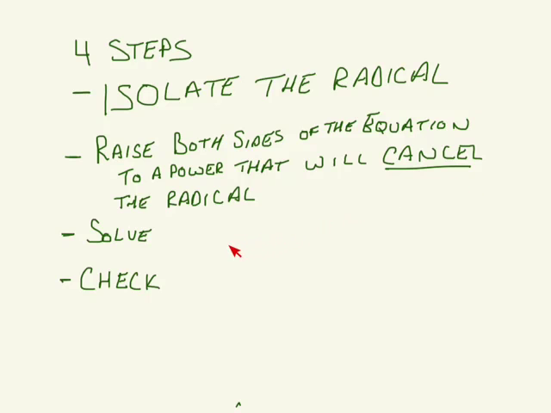After that, we should be left without a radical at all, a square root, a cube root, whatever root we have. So we're going to solve just like we normally would, and we're going to check all of our solutions. Now this last step is a pretty common one in algebra, but often overlooked. It becomes very important as we start solving radicals, and the reason is